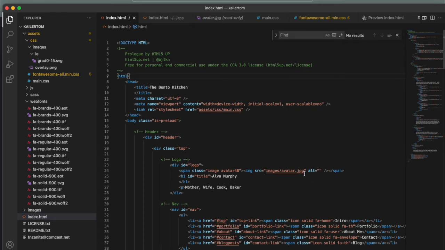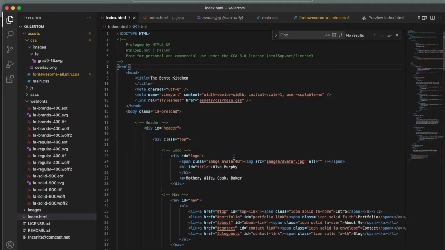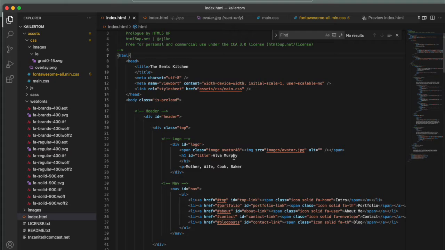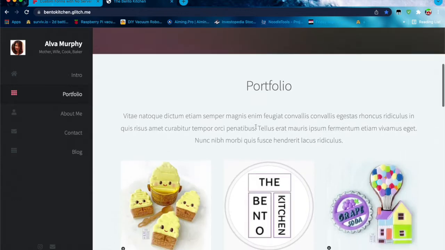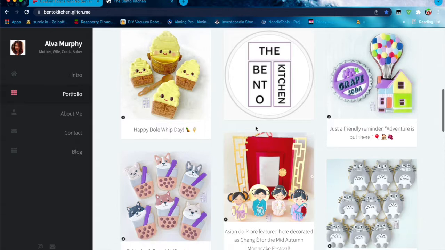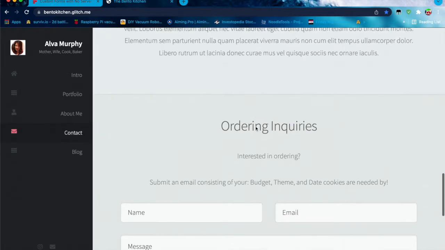Hello, this is my IB Computer Science IA. What I did for my IA is my client is my mother, and she requested a website. My success criterion for the website was that it would have a portfolio, a gallery, a way for her to display photos of her work, an About Me section, and an ordering inquiries form